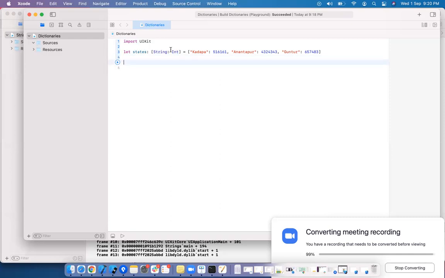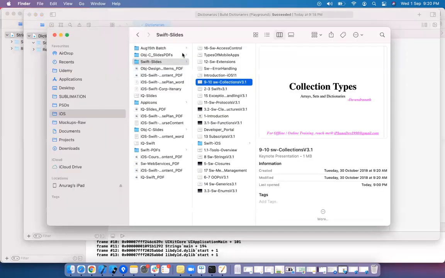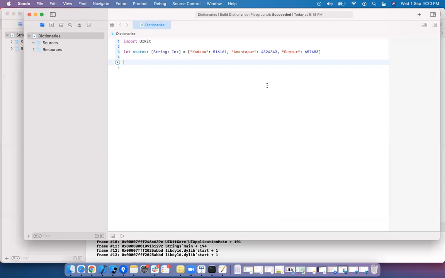Now I want to find out the number of key value pairs in the dictionary. Number of pairs.